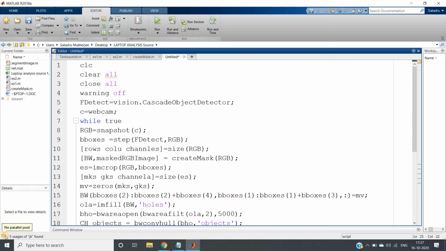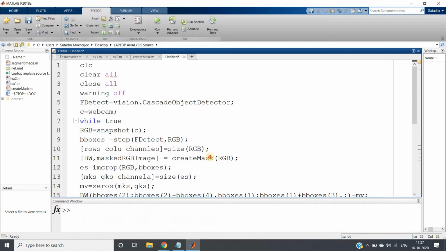So what the project will do basically: first of all, based on skin color, it will detect the hands. Although most of the time our face color and hand color are almost similar, I have written the code such that it will detect only the hands and not get confused with the face part. Then it will create the convex hull separately for two different hands. Or if you are showing only one hand in the webcam, then it will create the convex hull corresponding to that only.